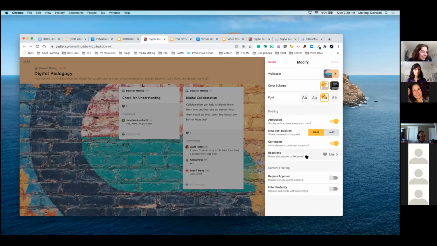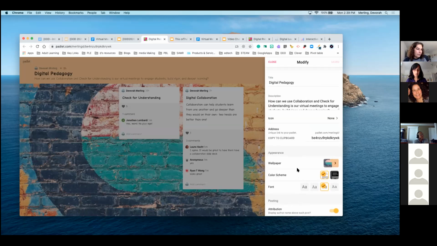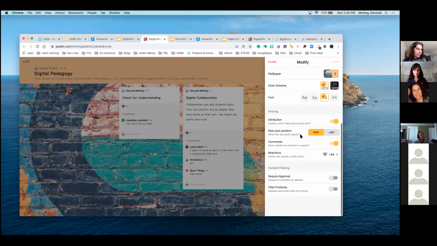And Devorah, if they use the QR code scanner using their phone, they can actually post to one that looks like you've already had established. So it adds to one that you had created 2 hours ago. Yeah, that was this one. Interesting. I'm new to Padlet, as you can tell. If they scan the QR code.